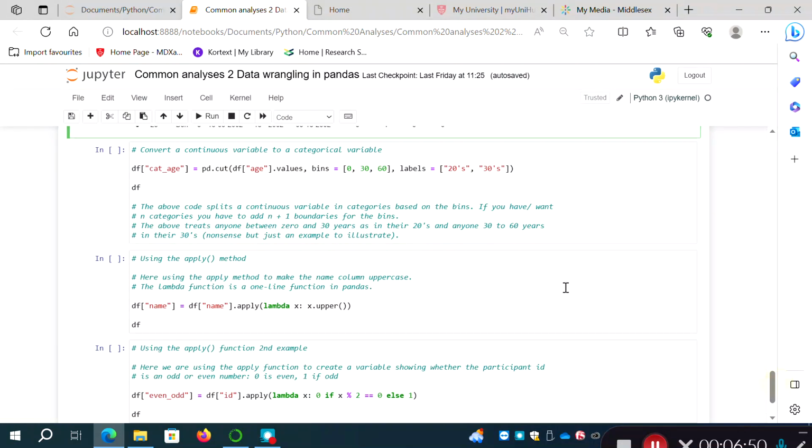Okay, so something else that could be quite useful to do would be converting a continuous variable to a categorical variable, and we can do this. A good example from this little made up data set would be if we wanted to take ages and create a new variable which put people's ages into categories. To do that, we create a new variable, cat age, categorical age, and we're going to use this pandas.cut method. We're going to pass it the age and the value counts for age, and then